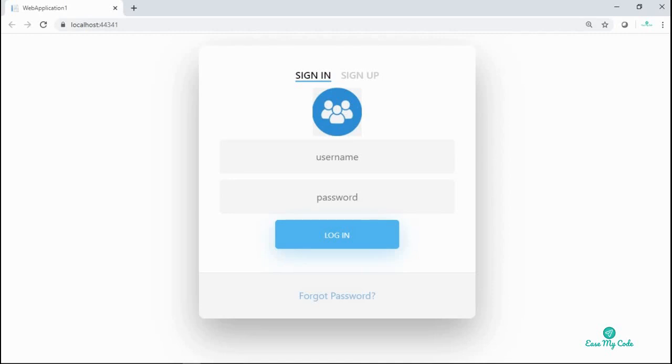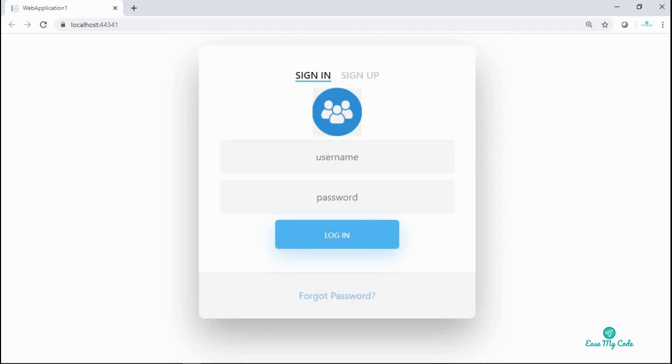Now in this video we are going to learn how to create the first page of our application, the login page, and subsequently we'll also learn how our Angular interacts with our core API and our core API interacts with our database. So meaning we'll fetch the data, the username and password. We'll validate these two fields from our table inside our SQL Server database. The core API will fetch the data from a database, and the Angular will fetch the data from core API. So we'll look through all these things.